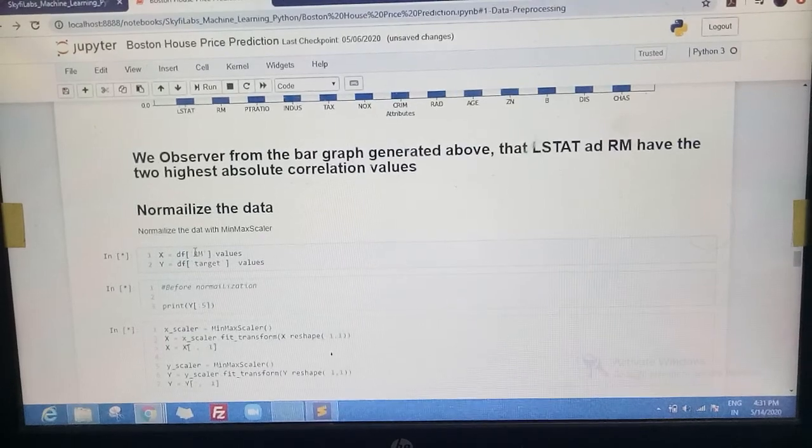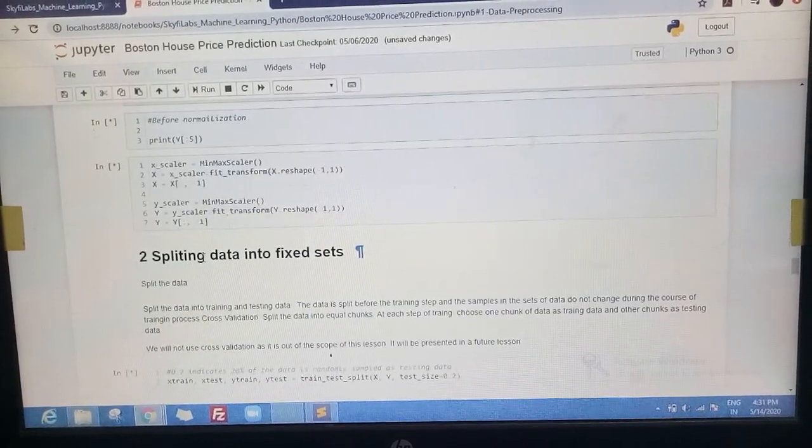Here I have changed it to RM values. So once I got the RM values,